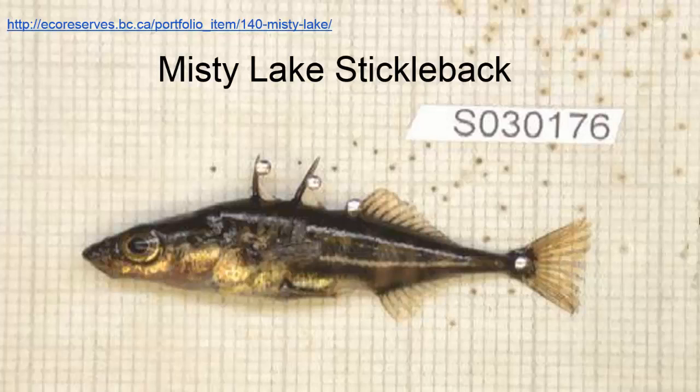There is also the Misty Lake stickleback, which is a small fish found in Vancouver Island, British Columbia. It was designated an endangered species in 2006. Since it has a different variation of its species in the Misty Lake stream that branches from it, the species is extremely valuable to the study of evolution, since the two variations have very distinct individual characteristics for their environment.